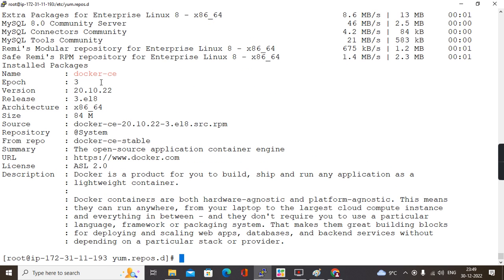Now if you see, docker is already installed, and it is installed from a remote repository. So what I'll do is I'll basically make it